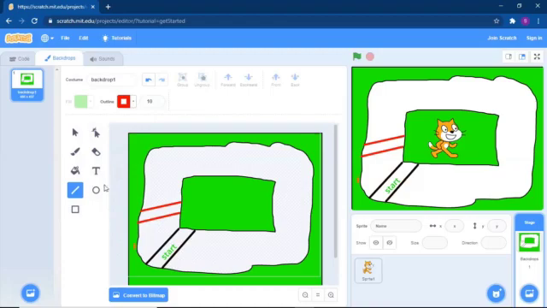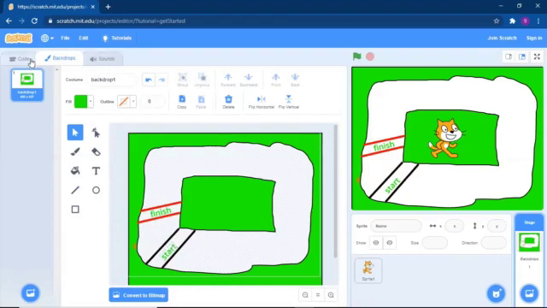On the finishing line also we have to write Finish. Done. Now our track is ready for the race.